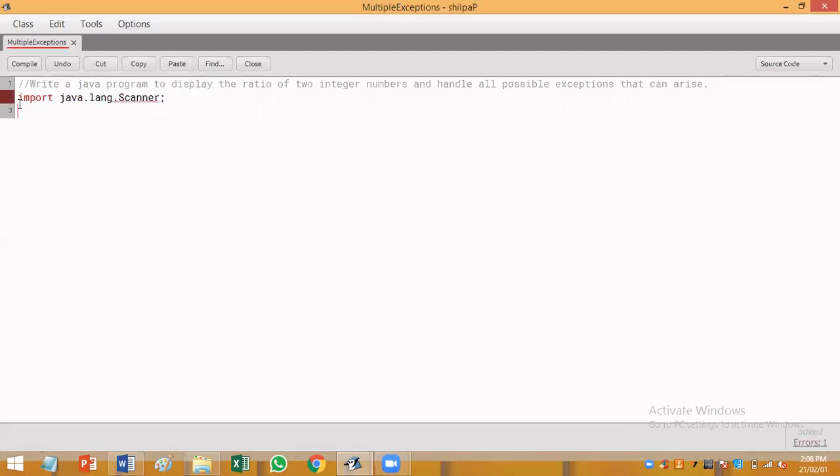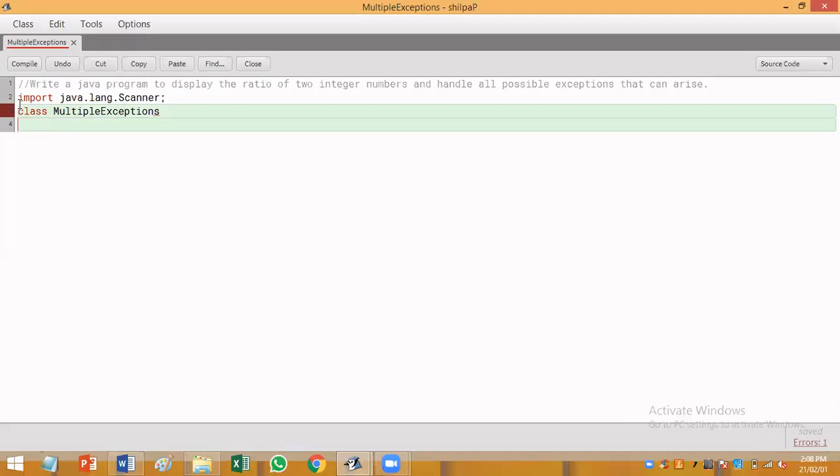Okay, next I'll begin with the class, and the class name should be the same as the file name that I've created. So I'll write MultipleExceptions.